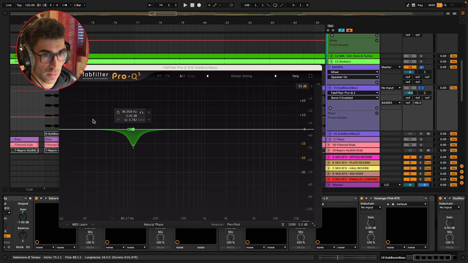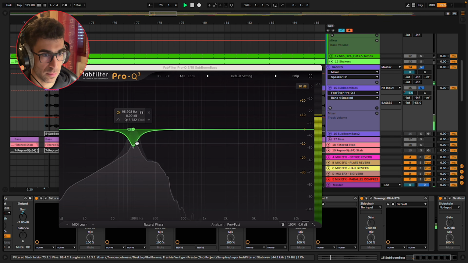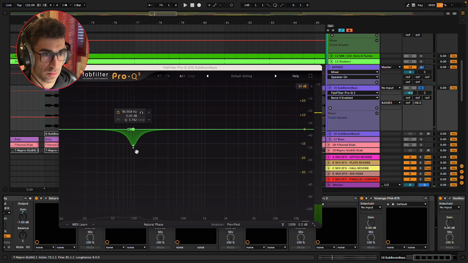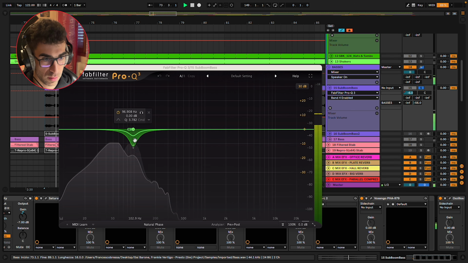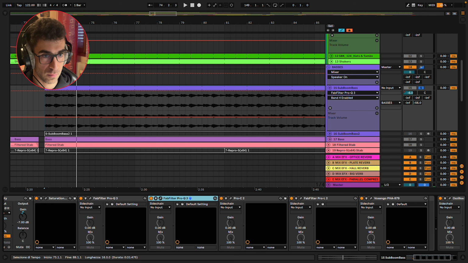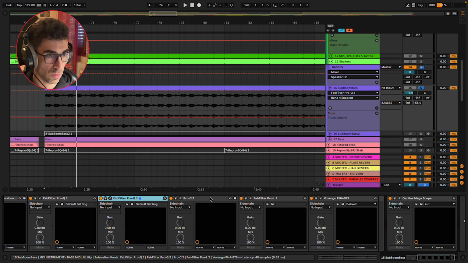Another EQ here. This sound had this resonance here I didn't like, so I simply smoothed it out a little bit with this dynamic EQ.